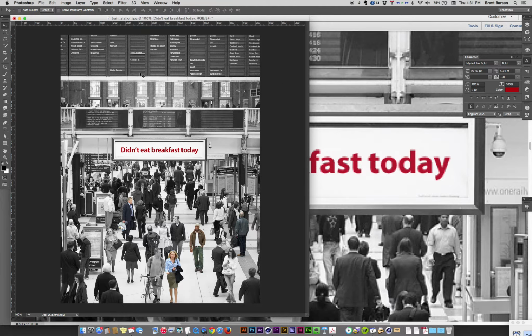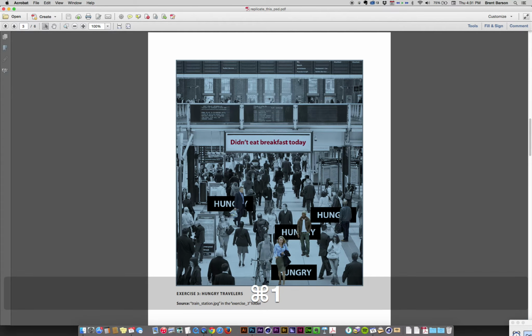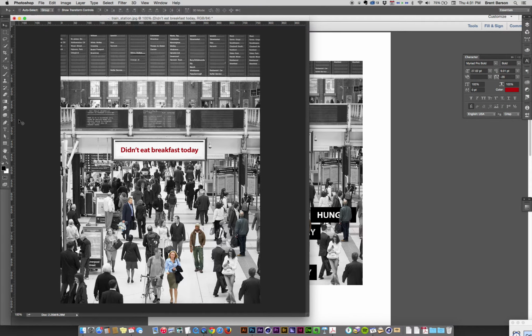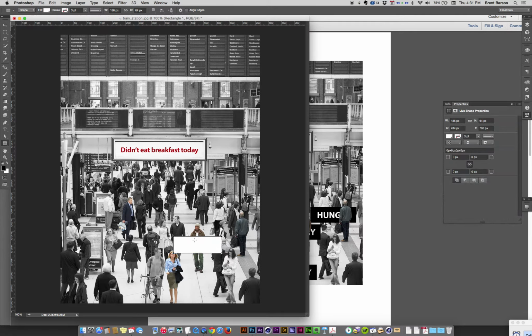Let's do the last step, which is the hungry signs. The hungry signs behind our people. We're going to use the vector shape layer, or the live shape, whatever we're calling it nowadays, to make a rectangle about that big. We do not want a white rectangle, we want a black rectangle. When I draw with the live shape tool, the rectangle tool, this little properties panel automatically comes out, and I can see that I have a fill and a stroke option here, so I'm going to change the fill to black. There we go, and I'm going to grab my type tool, and the type is meant to say hungry